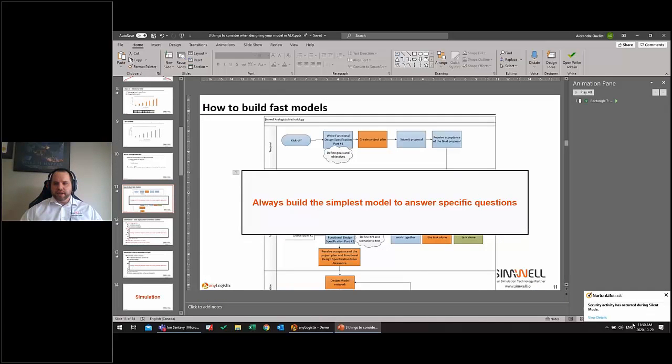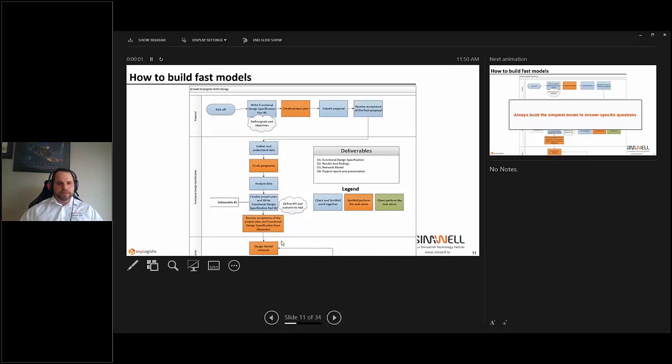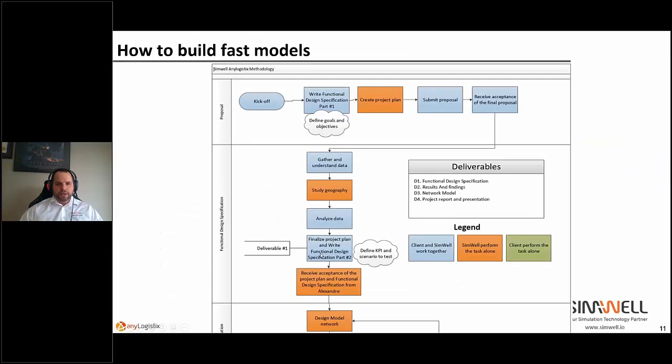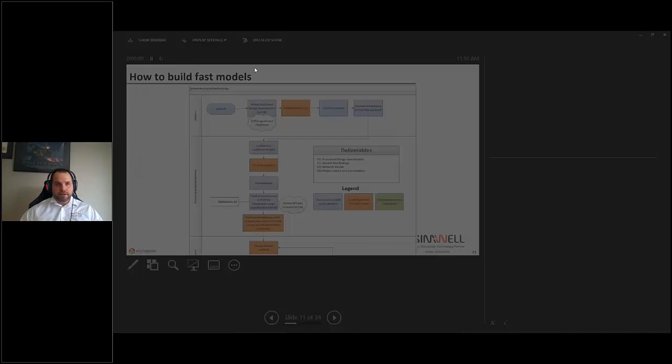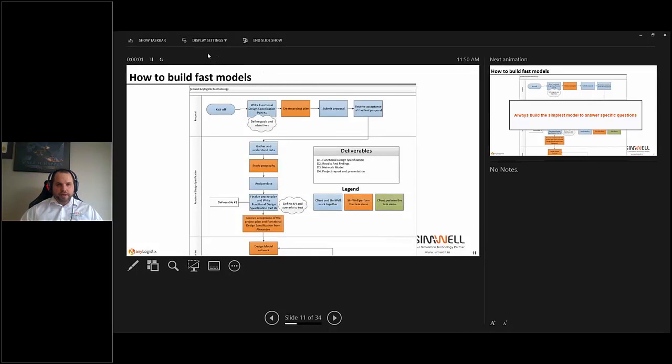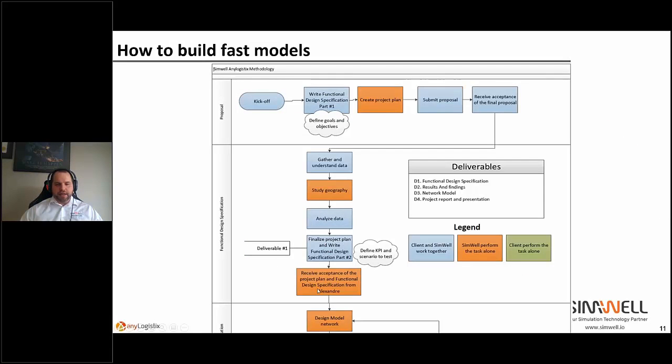I'm going back to this slide here just to show you. There you go. So this part here is something we added over time, right?